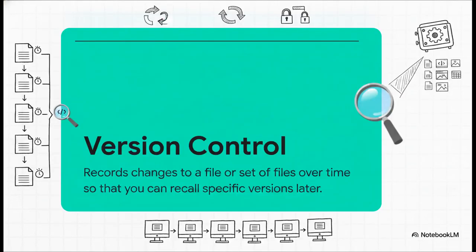So, to deal with that exact nightmare, programmers long ago created the Version Control System, or VCS. Think of a VCS as essentially a time machine. It simply records changes to a file or a set of files over time, ensuring you can precisely recall specific versions later on. Now, while our source material often uses software source code as the primary example here, the reality is that you can actually use a VCS to version control nearly any type of file on a computer.